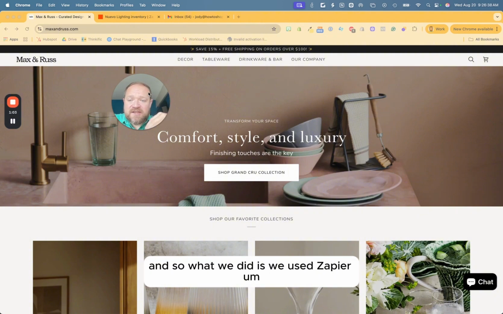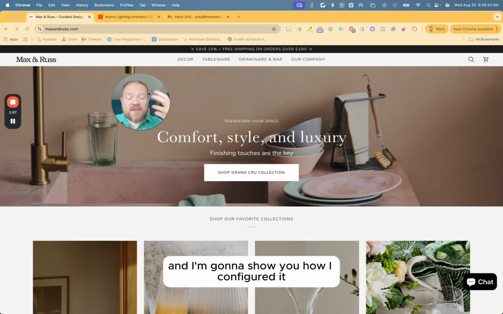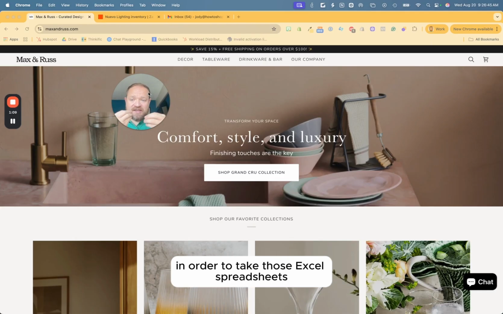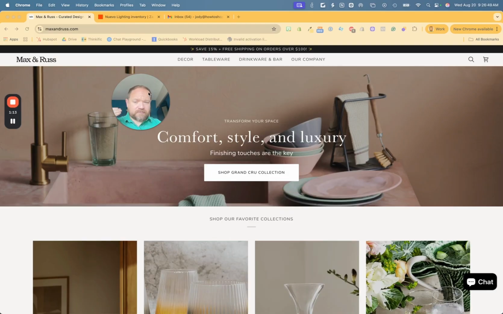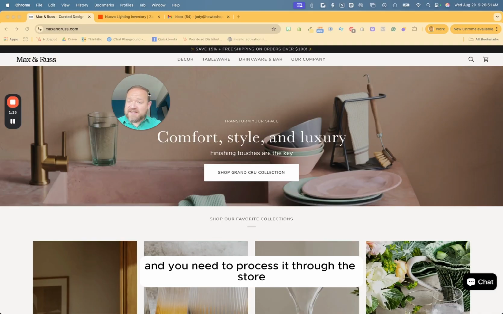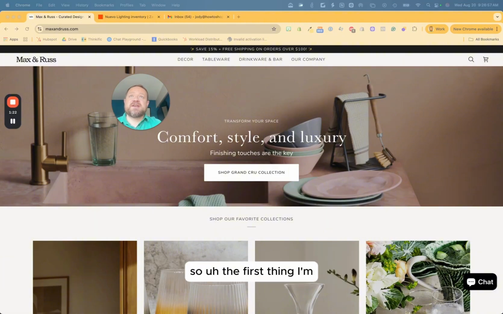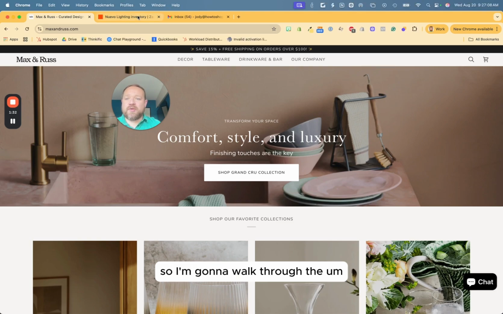And so what we did is we used Zapier, and I'm going to show you how I configured it in order to take those Excel spreadsheets. So if you're receiving a spreadsheet with inventory updates, and you need to process it through the store, I'm going to show you exactly how that all is set up. So the first thing I'm going to do is, okay, I'm going to walk through the